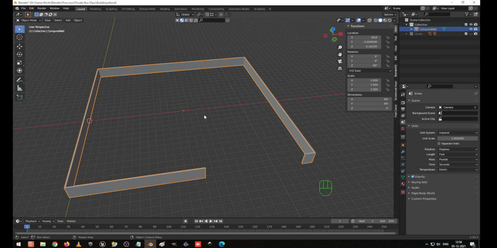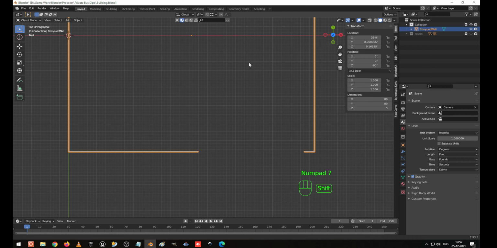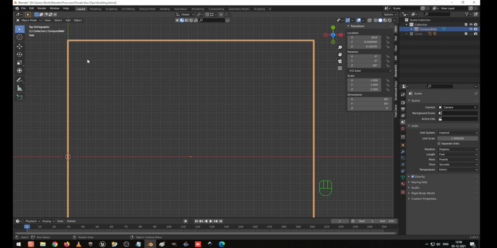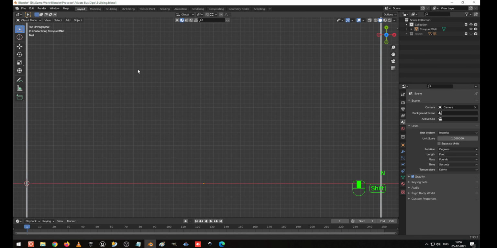Now we can design a wall for this. Okay, so we can go for the measurement to understand how much distance is required for us.